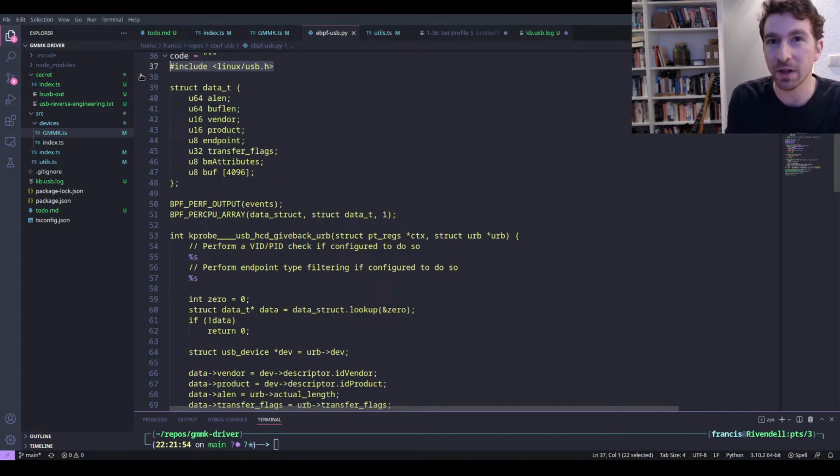eBPF is kind of a slightly different approach to this whole thing. Basically, you write this piece of code in C, and that gets compiled by a special compiler for eBPF, and that turns it into a special kind of virtual machine. Importantly, the instructions of that virtual machine are not Turing complete,